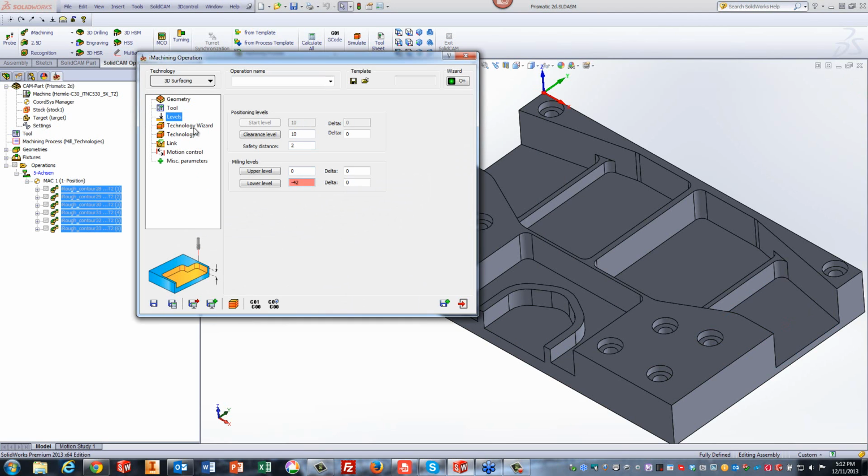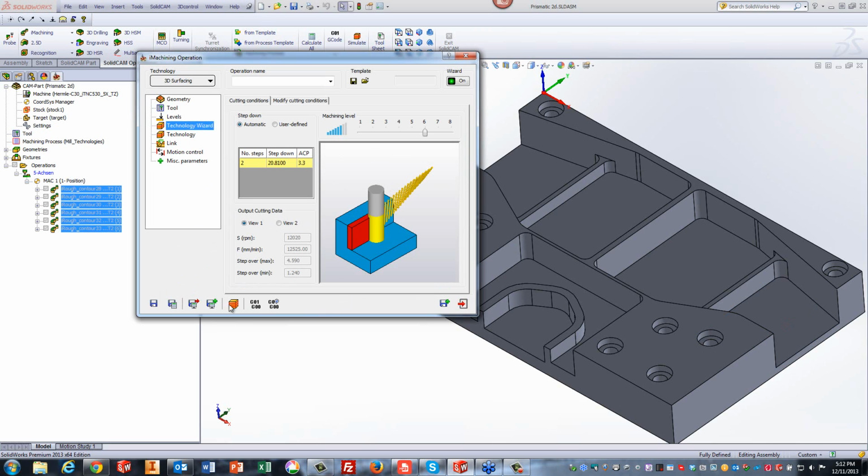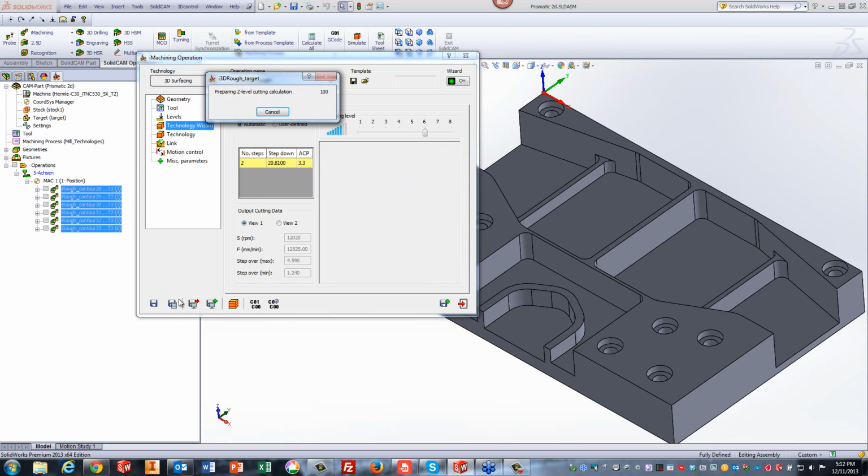All I'm going to do now, you can see our technology wizard also set at 6. Save and calculate. And basically, that's it. One operation. Everything I did before in these 6 operations, say 1, 2, 3, 4, 5, 6, was done now in one operation. Very easily done. I'll get the same efficient toolpath as I did in previous. However,